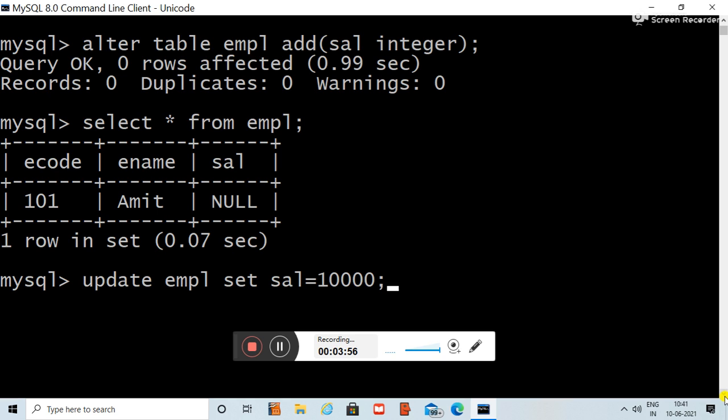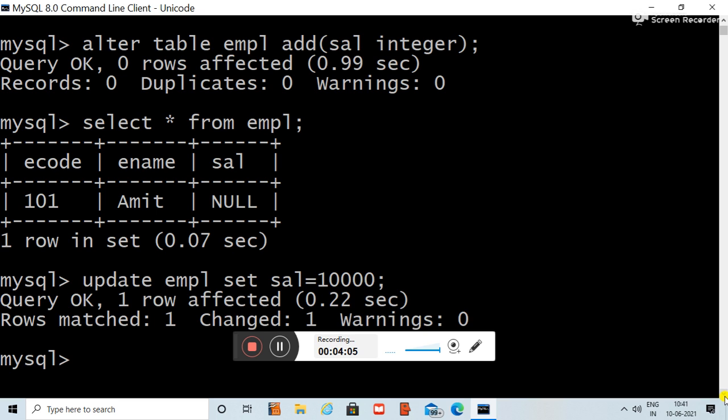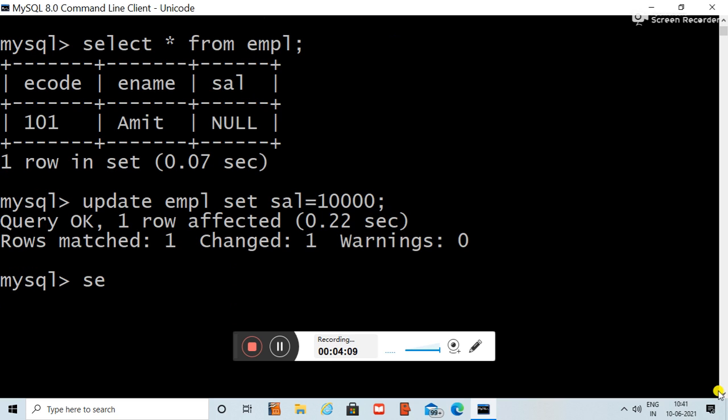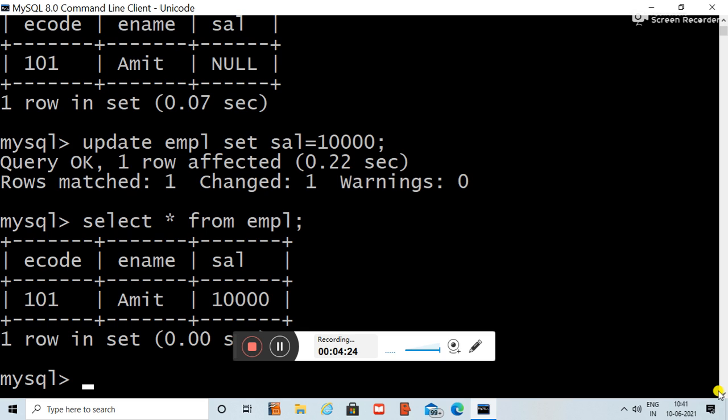Now if I update the table name, set the field and the values, one row is affected, it is showing over there. If I write select asterisk from EMPL, the name of the table, and display, see this one, the values have been inserted over there.